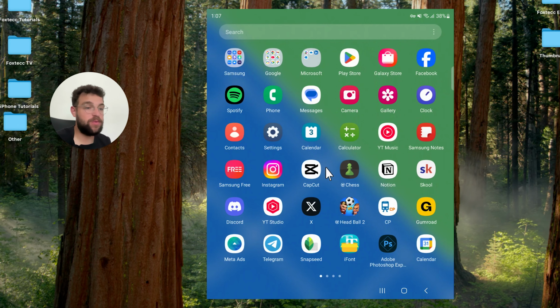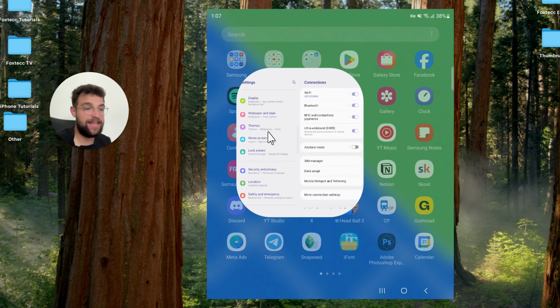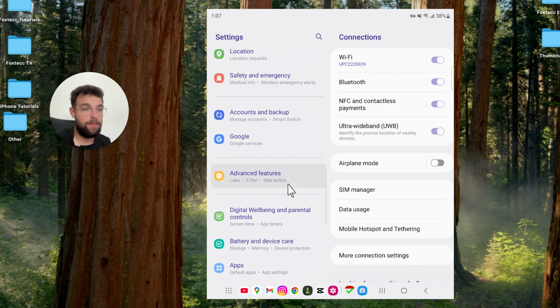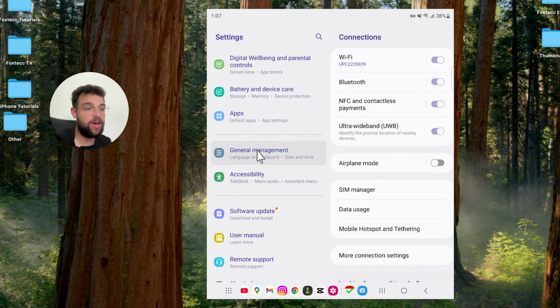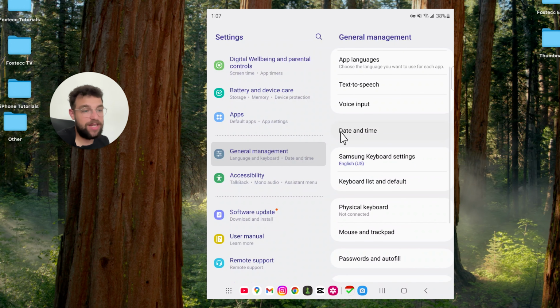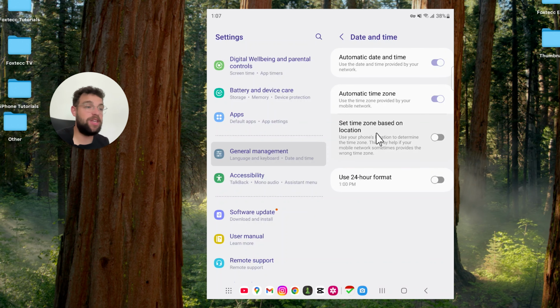So at first, what you'll need to do is to open up the settings app on your Android phone, then scroll down a bit, and essentially you just want to find the general management. And part of the general management is the date and time right here. So I want you to just click on it, and here are a bunch of different settings regarding the date